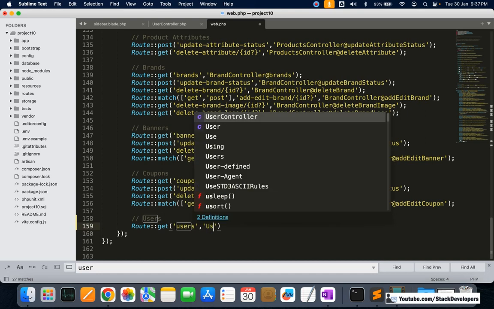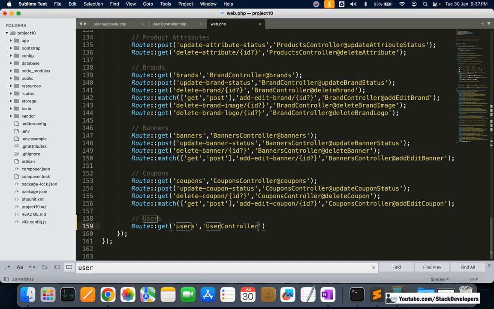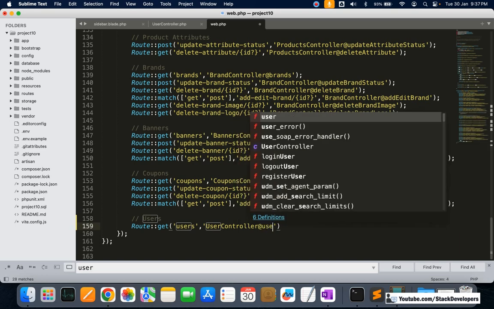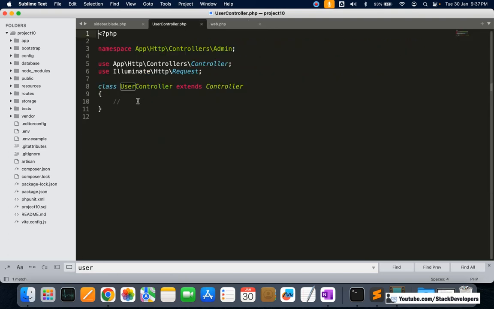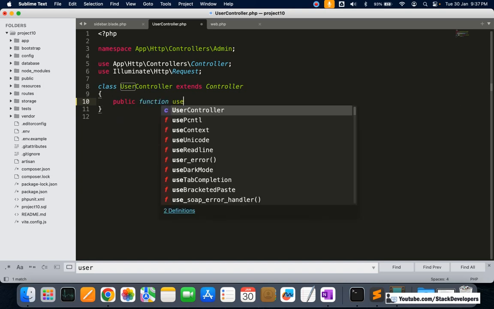Here we are going to add UserController@users, like this. After that we are going to add this users function here, public function users,